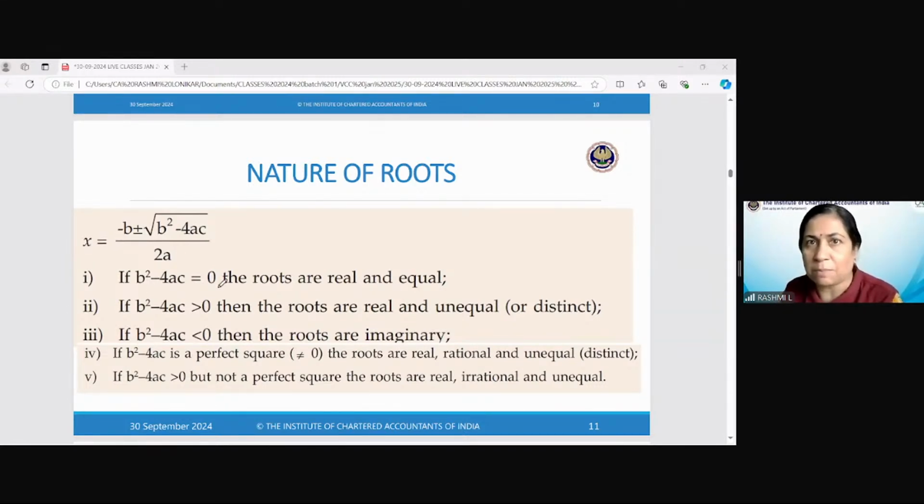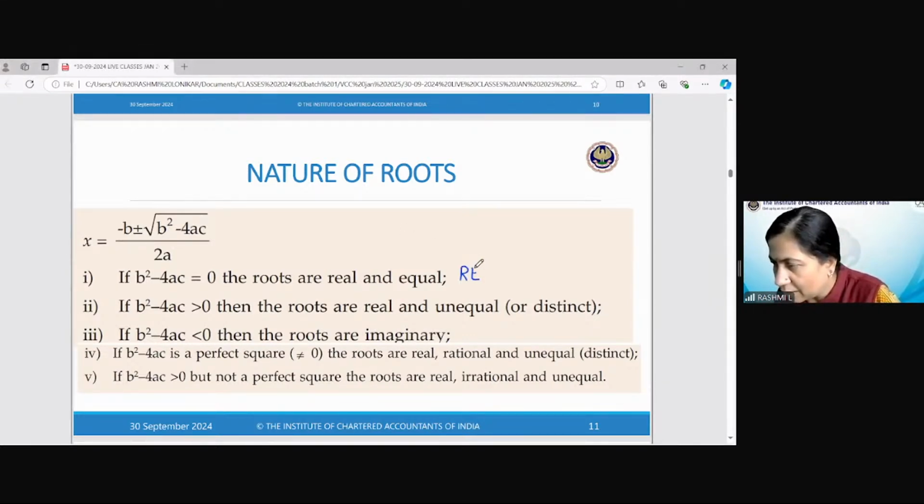So once I find out b square minus 4ac, if it is equal to 0, अगर मैंने b और a और c की वैल्यूज डाली और वो 0 आती है, तो रूट्स आर रियल एंड इक्वल. ओके. b स्क्वायर माइनस 4ac इज ग्रेटर देन 0, मतलब पॉजिटिव आ गया. अंडर रूट b स्क्वायर माइनस 4ac, वो एक अंडर रूट ऑफ पॉजिटिव नंबर आ गया. ठीक है. If that is the case, the roots are real and unequal. Okay, real and unequal. If it is less than 0,